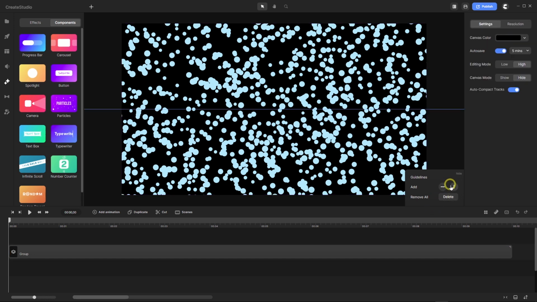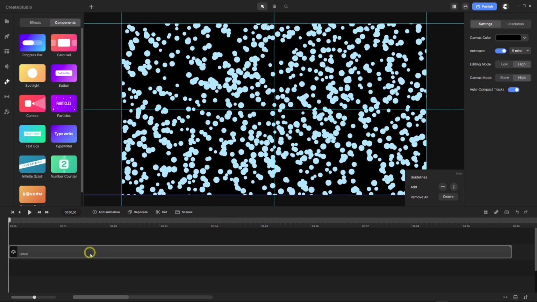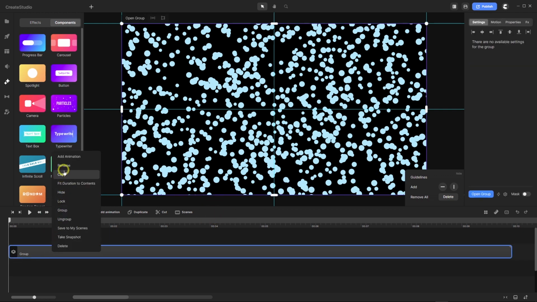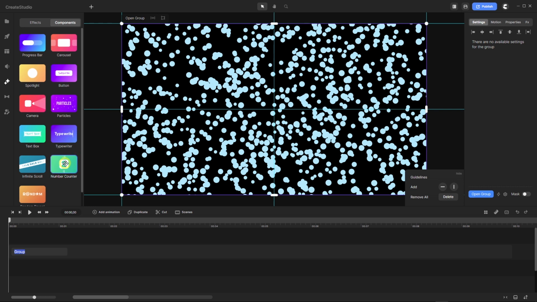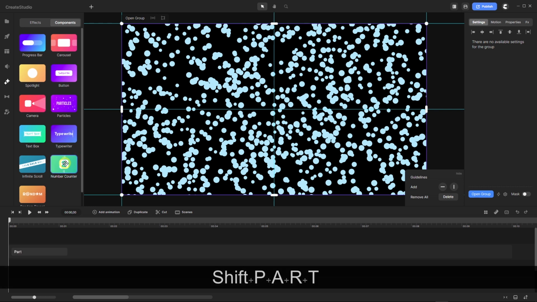I go with this one, another 2, which I bring to the right and to the left, and another 2 for the top and the bottom. So now in this group, which I call particles,